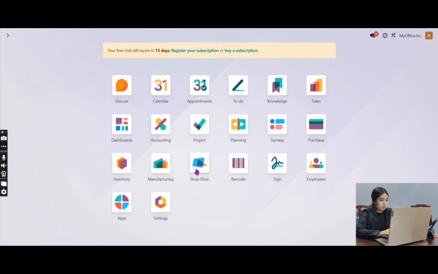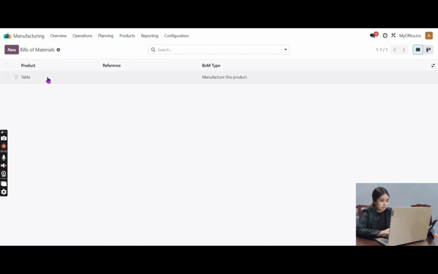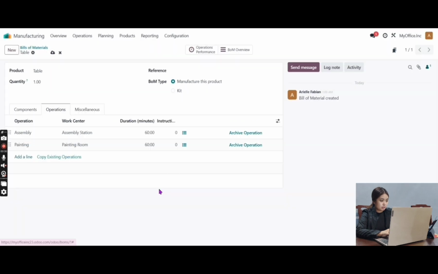Go to manufacturing, click operation, click products, and select bill of materials, add a line, and then type assembly, and then type work in the work center is assembly station, and then save and new, type in the operation painting, and then in the work center painting room, save, and close.